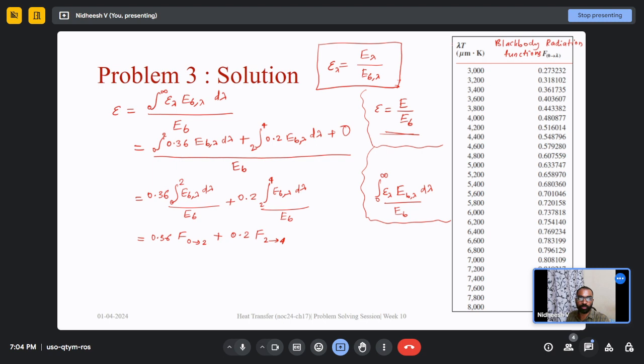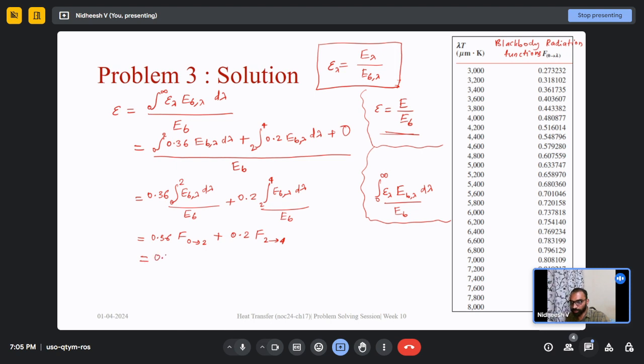Okay, so on the right hand side you can see a table where there are two columns. Left side is value of lambda T, which is given in the units of micrometers Kelvin, and on the right hand side column we have corresponding black body radiation functions. Please note that all the black body radiation functions are given for emission from 0 to lambda. So we have to rewrite whatever expression we have in terms of 0 to some quantity lambda. So what we can do for that is